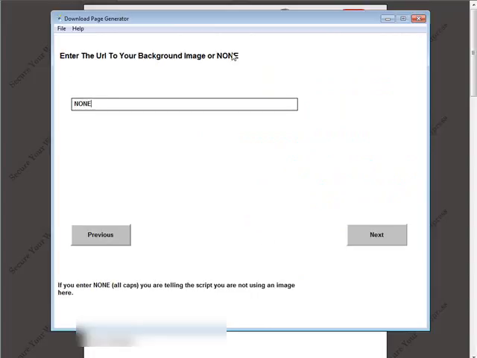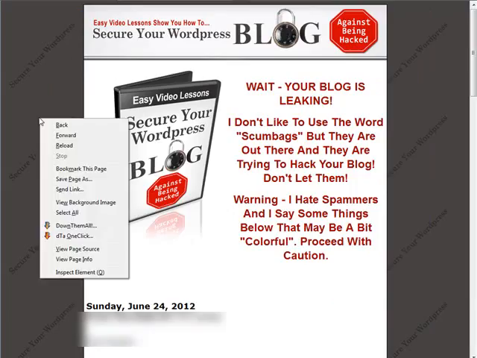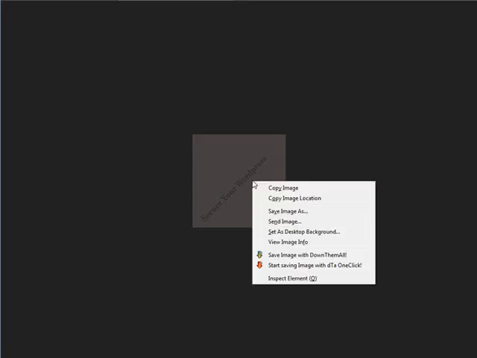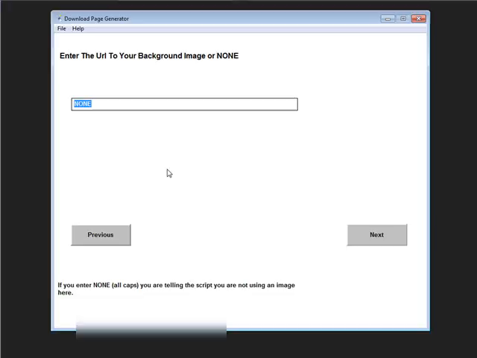Enter the URL of the background image or none. So if you're not going to use a background image, just leave it at none. Otherwise, you can get it from your sales page. So if this is Firefox, we're going to view the background image and then we're going to copy the image location. Okay, and then we're going to paste it in here because I do want to use it. Okay, the body background color. It'll ignore this if you're using an image, but if you're not using an image, put a background color in there. The color of the text on your page,